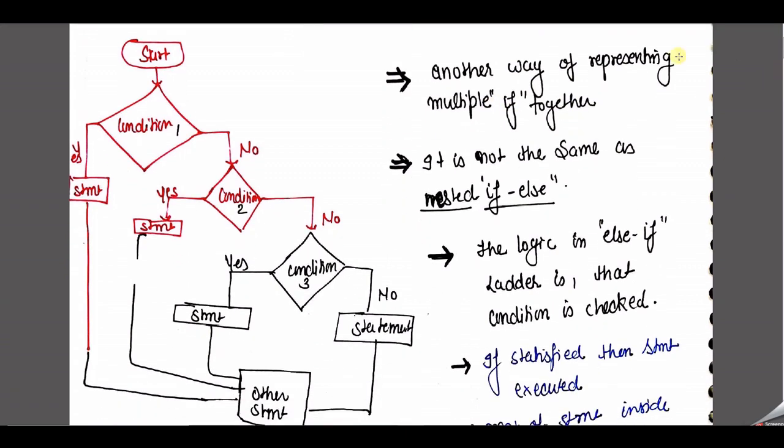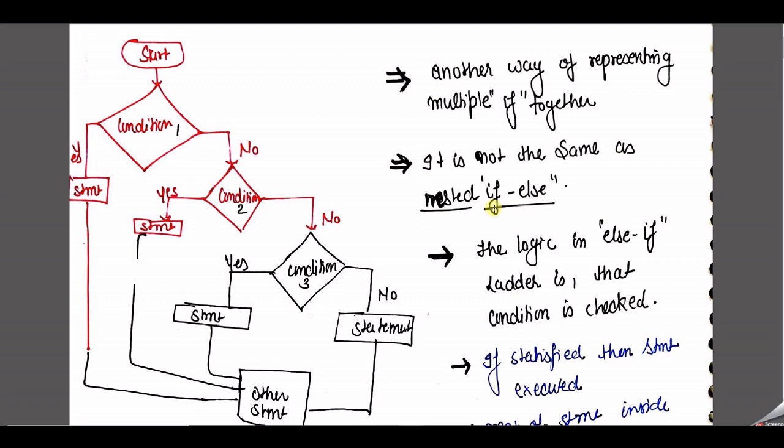This is not another way of the else if statement, but it is slightly different. It is slightly different from the nested if else, because in this case we check if else and if else. That means if this condition is true, we do this part, and if this condition is not true, we check another part. In nested if, if condition 1 is true, we check condition 2 in the if part, and then again condition 3 in the if part. This is the nested if.